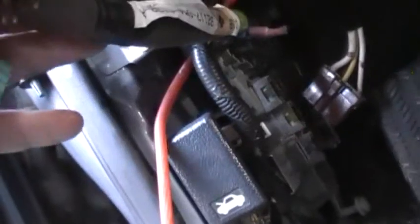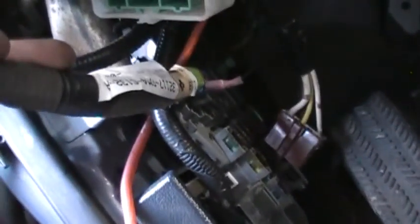Once you get one off you can see those. So you push down this tab and you pull this one out. Same with this one, it's going to be on top. Push down that, pull that one out. And I actually pulled that big one out and I don't think I had to. My next chore is to get this one out and I can't see it from this angle. But it most likely has a tab on top. Either way, that's what I'm going to do, I got to pull this cable out and then the dash